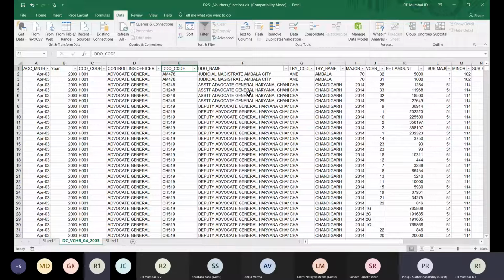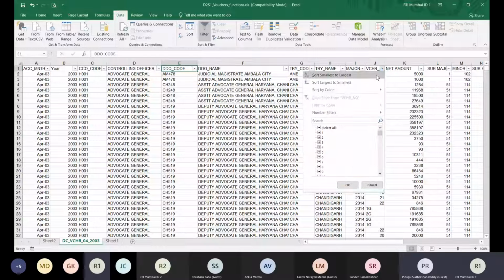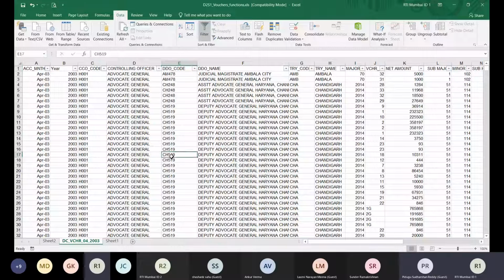सेकंड थिंग, जब आपका फिल्टर ऑलरेडी अप्लाइड है, आप डायरेक्टली सॉर्टिंग भी कर सकते हैं, समझो, लेकिन वो एक पर्टिकुलर फील्ड पे ही कर सकते हैं। समझो आपको उसको वाउचर नंबर वाइज करना है, तो आप अगर यहाँ पे बोलेंगे सॉर्ट स्मॉलेस्ट टू लार्जेस्ट या लार्जेस्ट टू स्मॉलेस्ट, तो वो सॉर्ट कर देगा, सॉर्टिंग उसका पूरा सभी का कर देगा, लेकिन बेस्ड ऑन दिस फील्ड वैल्यू, खाली सिंगल फील्ड वैल्यू के बेस पे करेगा।